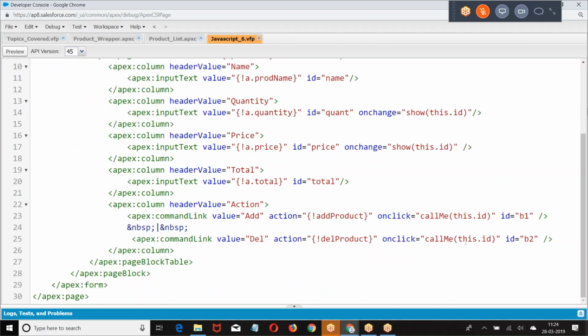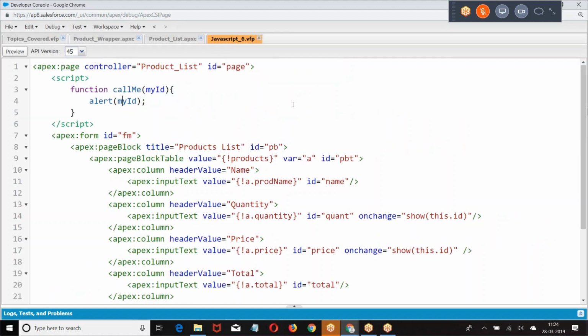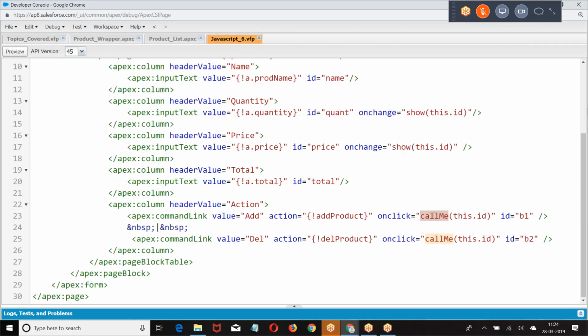Why is it undefined? This got ID. Look, somewhere we are missing. Page. Command link. Action. Add product. On click, this dot ID.